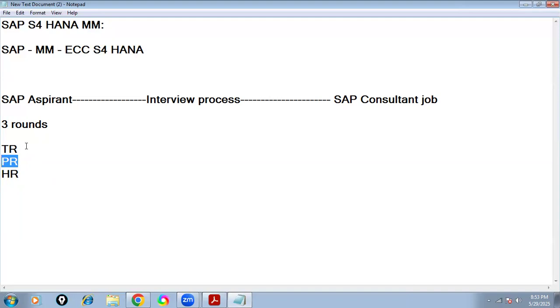That is important. So what is the technical round, students? In this technical round, they ask MM-related questions, that is, subject-related questions. For example, when Wipro conducts an interview, a Wipro employee or subject matter expert asks questions within material management. Whatever course I have designed, no one will ask beyond our course syllabus. Whatever topics I am covering now, everything will be covered within our syllabus only.